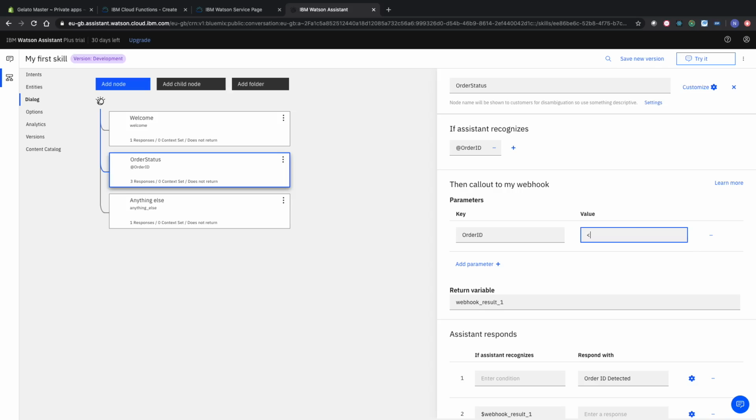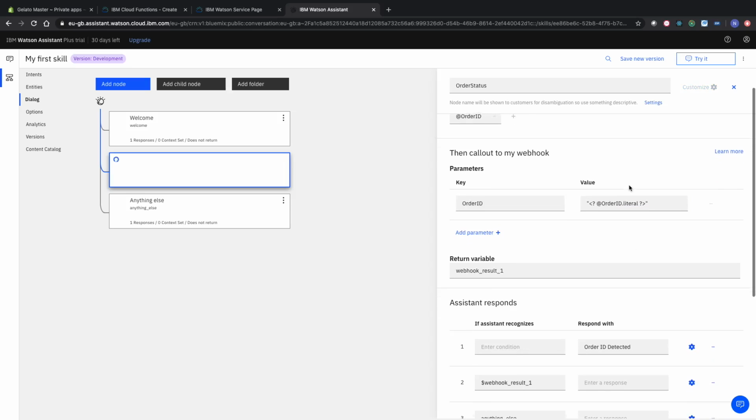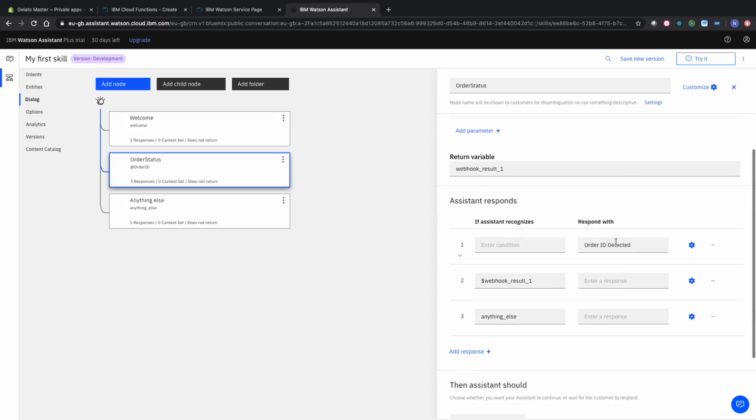So we can enter in a left bracket, question mark, order ID, and then we can access the value using .literal. So we're accessing the literal property. Then that will allow us to grab our order ID, and then let's make sure that we can pass this